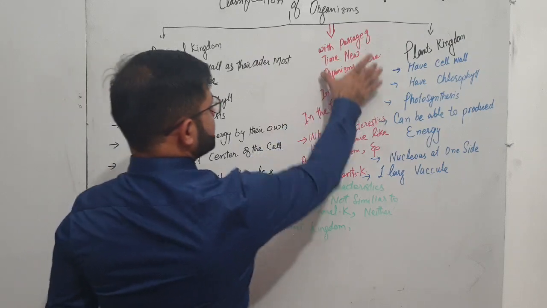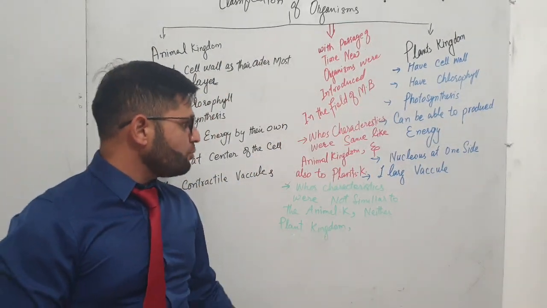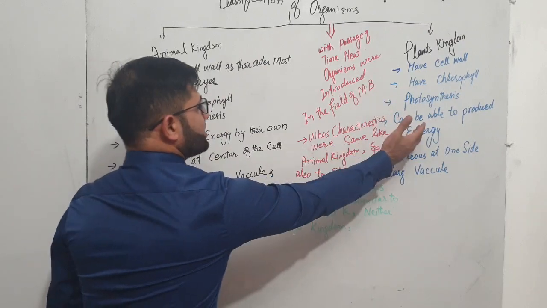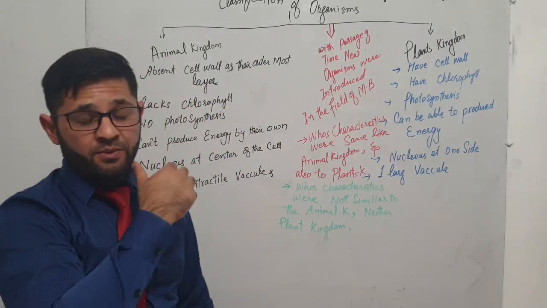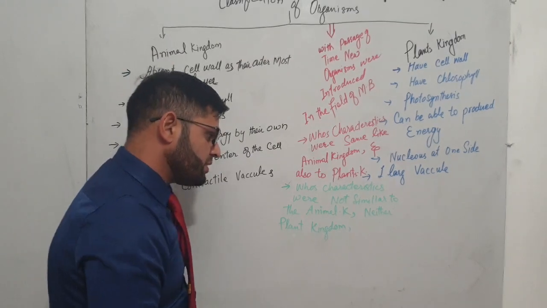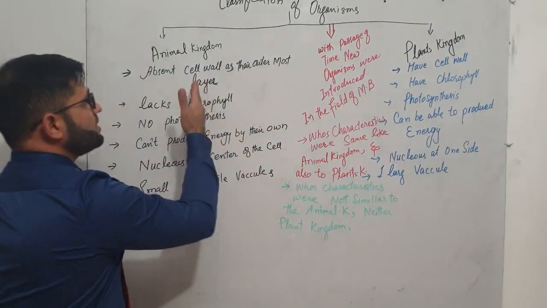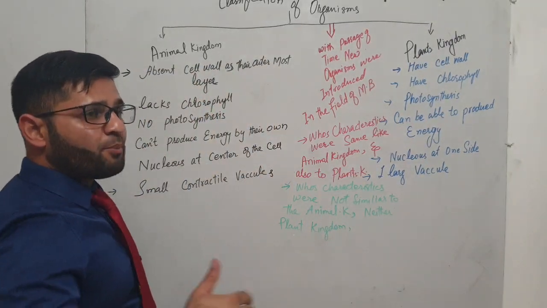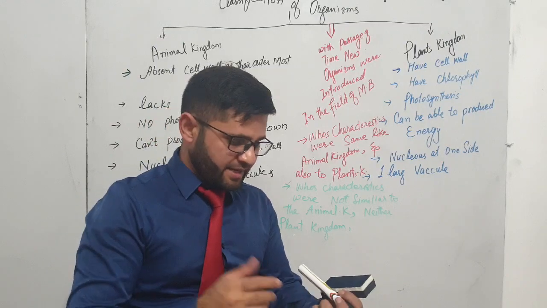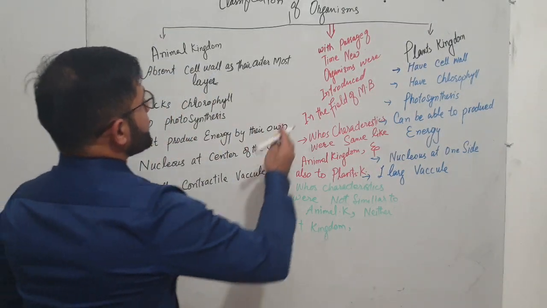Now, with the passage of time, some new organisms were introduced in the field of microbiology whose characteristics were similar to the plant kingdom as well as the animal kingdom. But meanwhile, some other organisms were also introduced whose characteristics were not similar to the plant kingdom or the animal kingdom. So a problem was created once again. A new problem was established, and